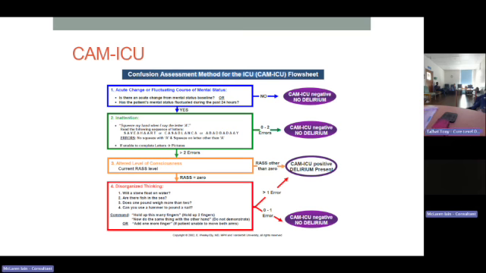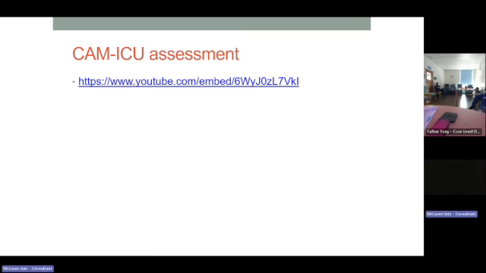and it's divided into a number of stages. So looking at, has there been a change in their conscious function? Then we can look at inattention, and then look at whether they have the ability to actually think logically. So it's a bit of a dull slide, so hopefully, if this works, I'll show you a short video